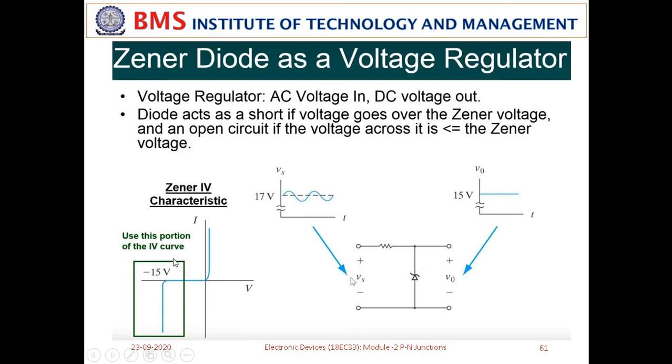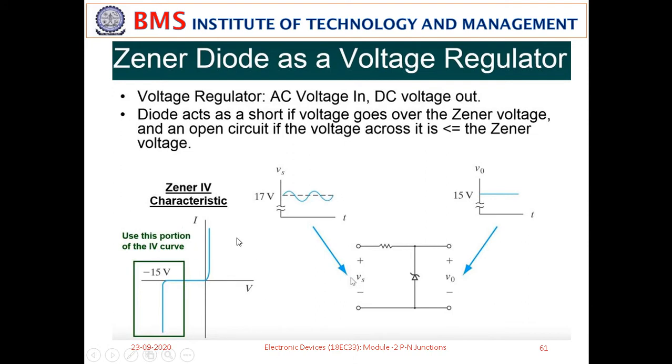This is the characteristic that the Zener diode exhibits, but a normal diode may not withstand continuous reverse biasing. It may burn out if you operate it continuously under reverse bias. Therefore, you must use a specially designed diode like a Zener diode to operate under reverse conditions, because these diodes are heavily doped and can withstand large reverse voltages: minus 15, minus 20, minus 100, depending on the breakdown voltage.